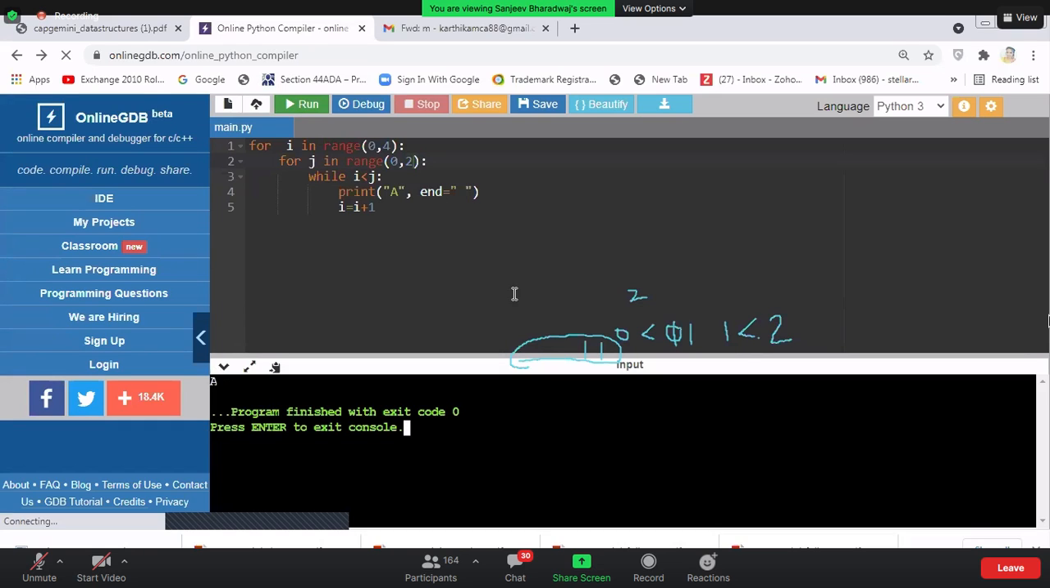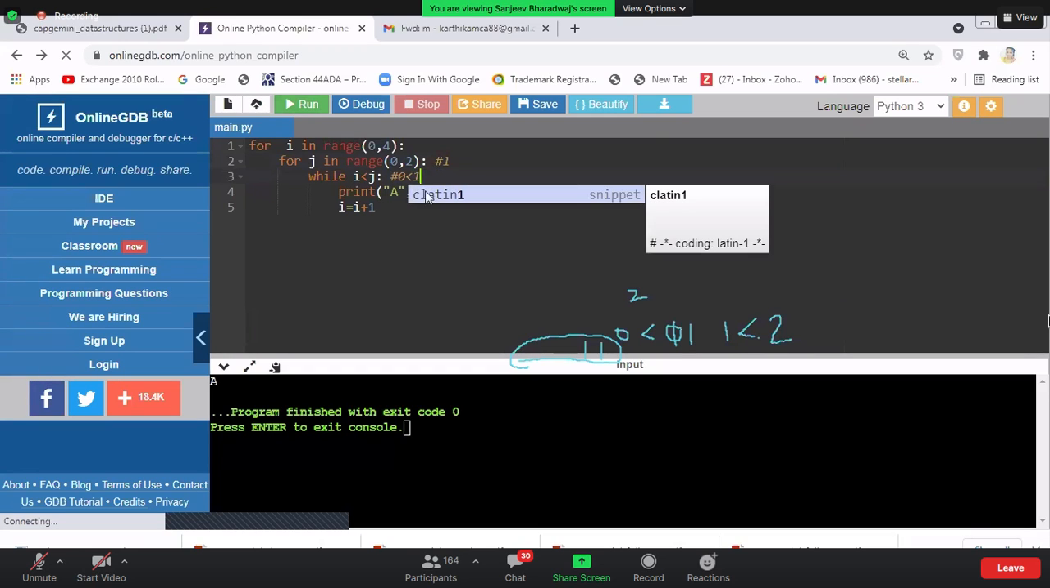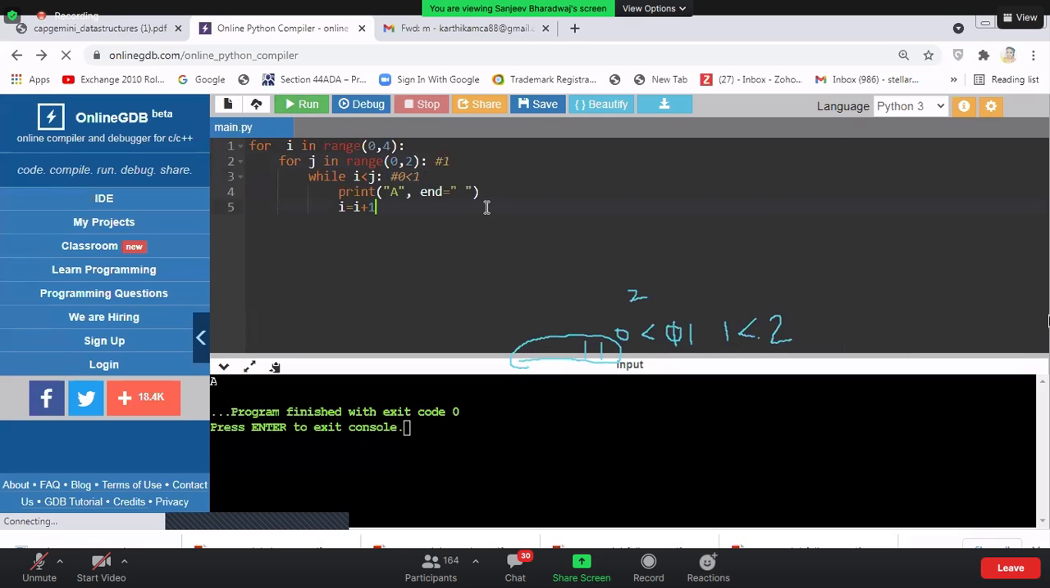Zero to 4. First time it is going inside. My I value is 0, J value is 0. 0 less than 0, condition fails, correct? So it will not go here. It comes back to the while J loop. J will become what? 1. So 1 less than 1, condition true. So it goes and prints my